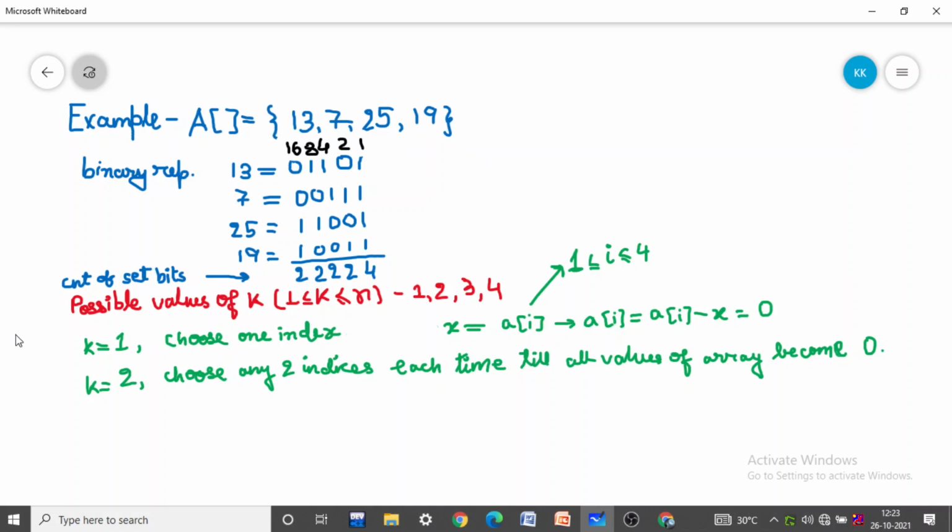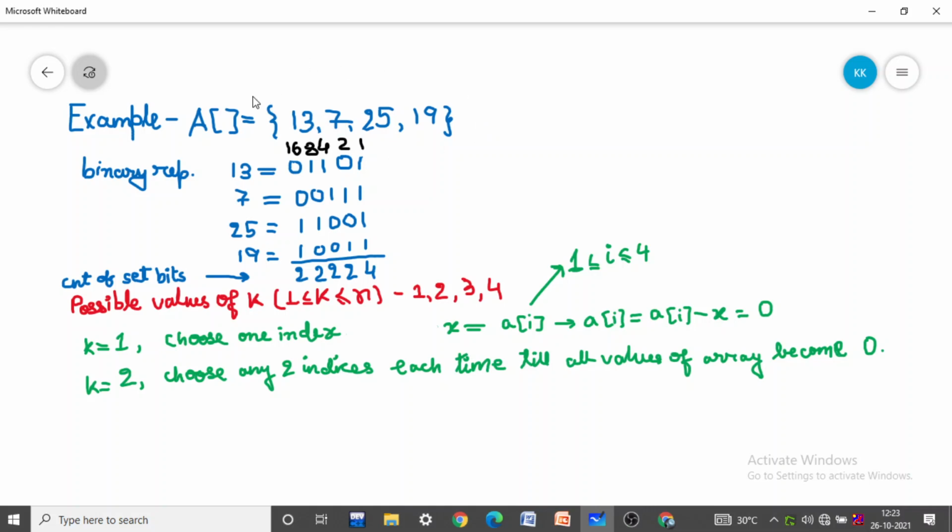Now this is that particular k equals 1 case where we can be given any array and it will still result in 0. We will need n operations for that. In each operation we choose one index and make it 0, right?